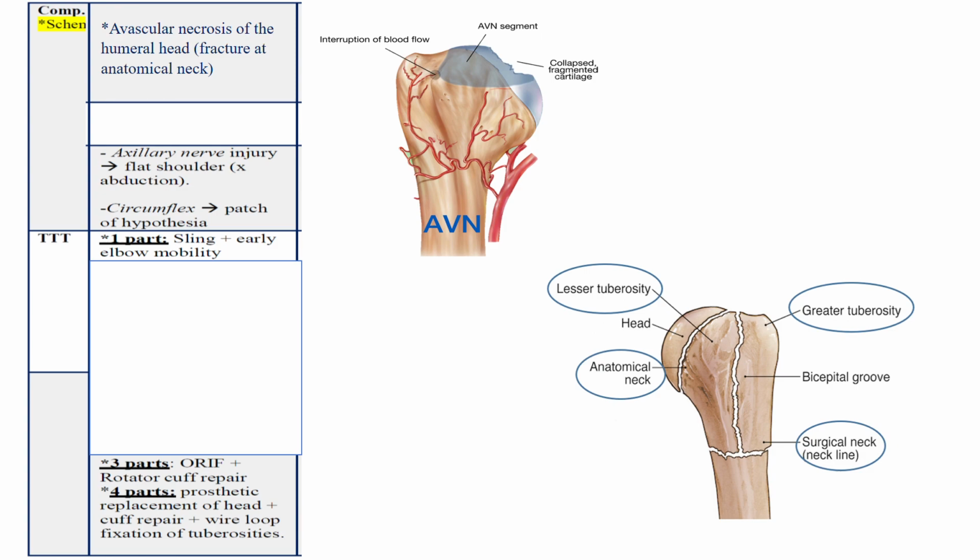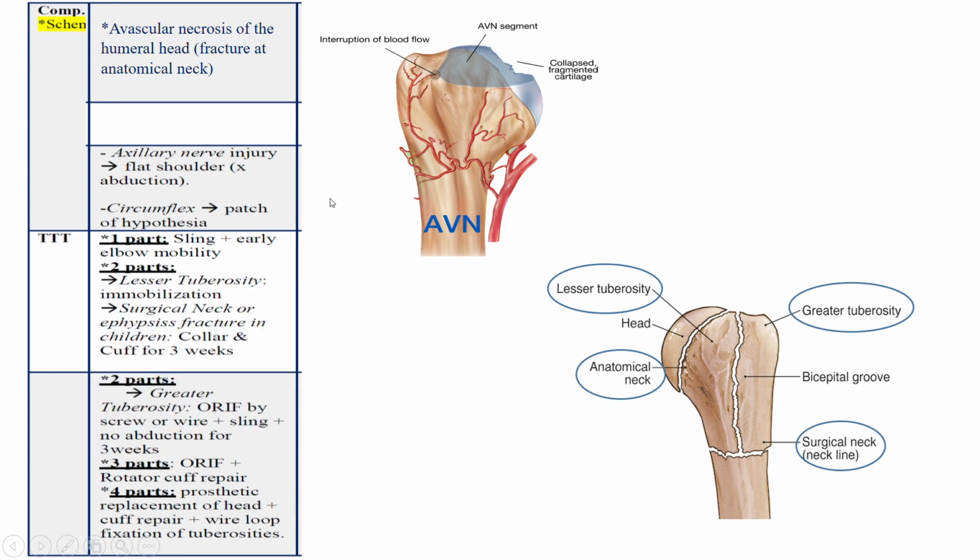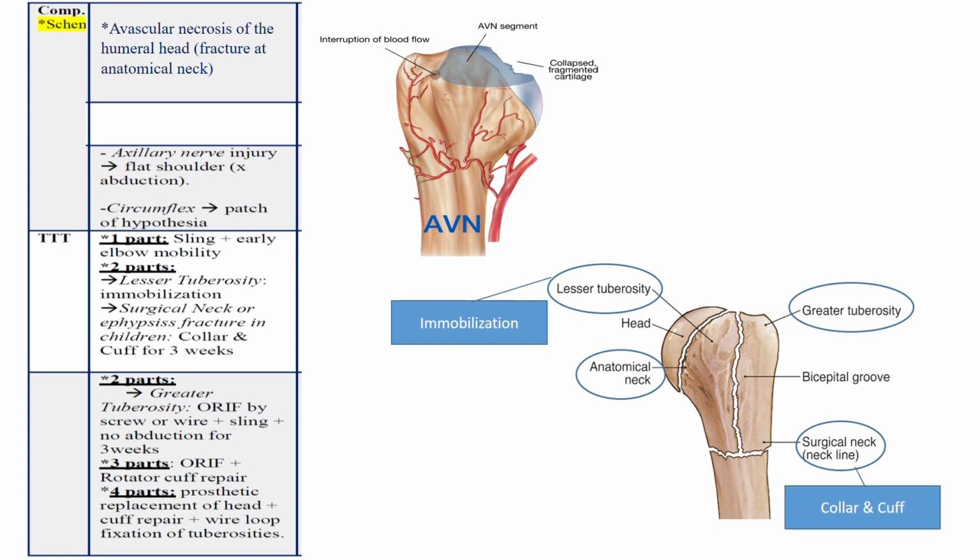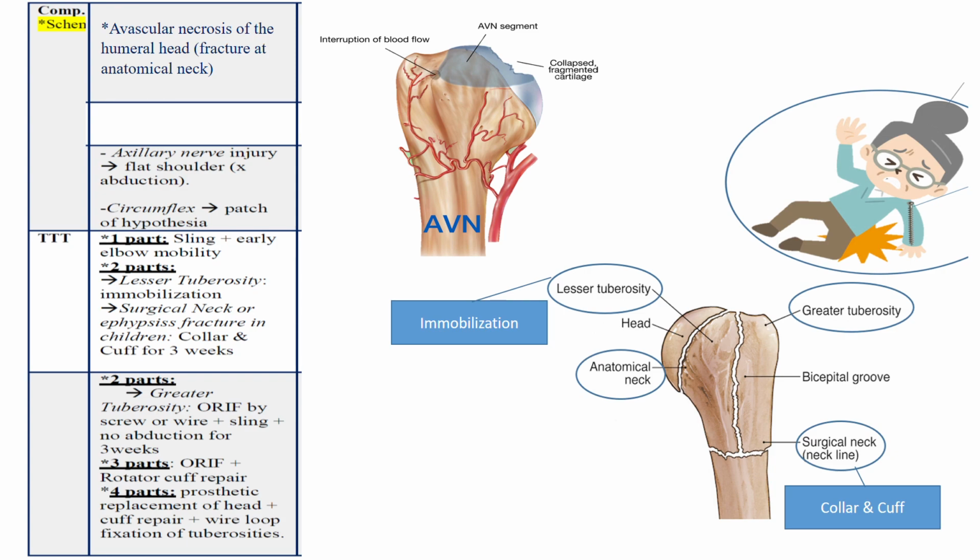The main part is when the bone is fractured into 2 parts, because this will depend on which parts are injured. If the bone is fractured in 2 parts in the lesser tuberosities, then immobilization is the best choice. If it's in the surgical neck, then collar and cuff are required for 3 weeks, especially if this occurs in children. If greater tuberosities, then we will go back to our main mnemonic, and we will remember that fixation